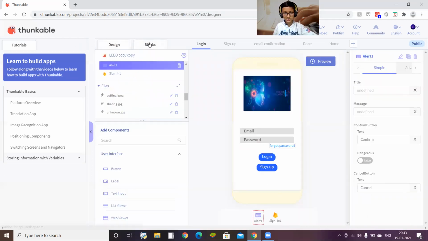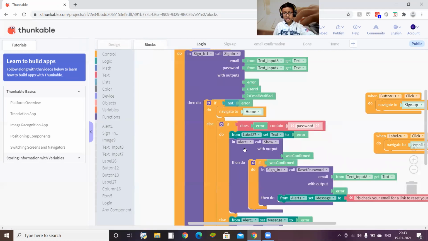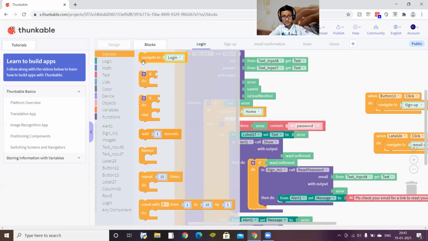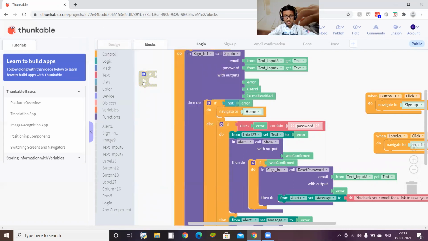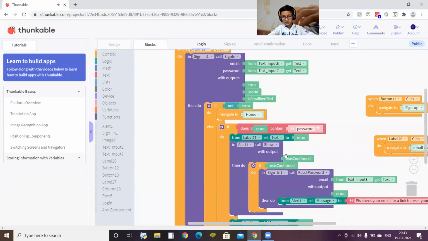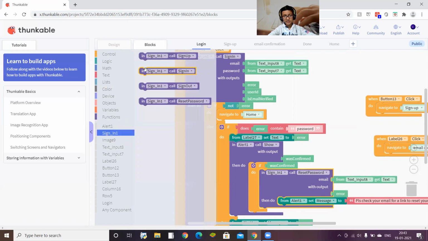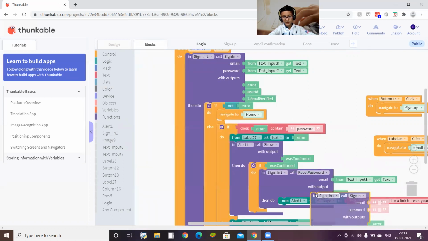This alert box you can see. Alert show means it will show one notification. If to box, you have to grab it from here. Was confirmed, you have to drag this to this one. If it was confirmed, then another sign in, reset password.